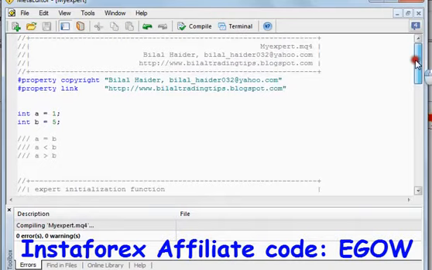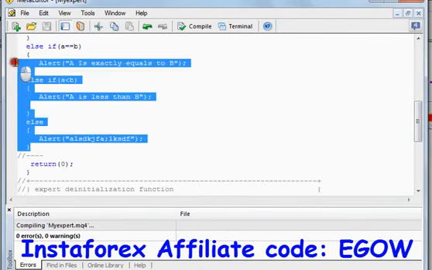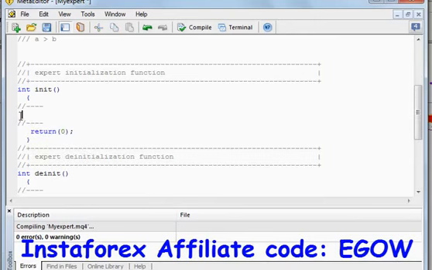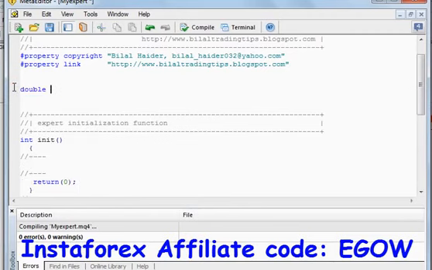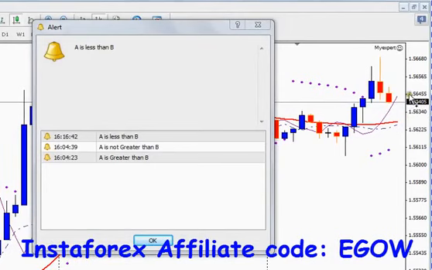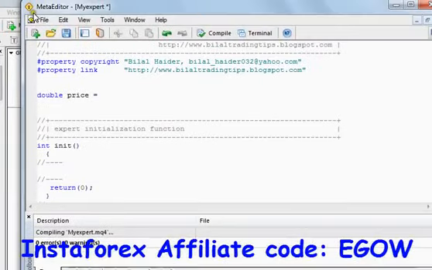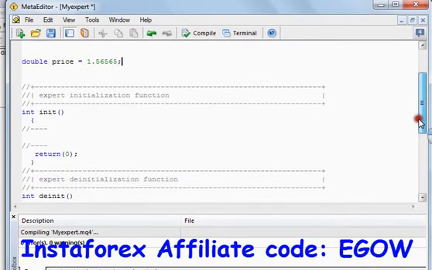Let's do a practical example, and based on these values, let's make a variable called price of type double, and let's set its value to 1.56565. Okay, and let's make the EA